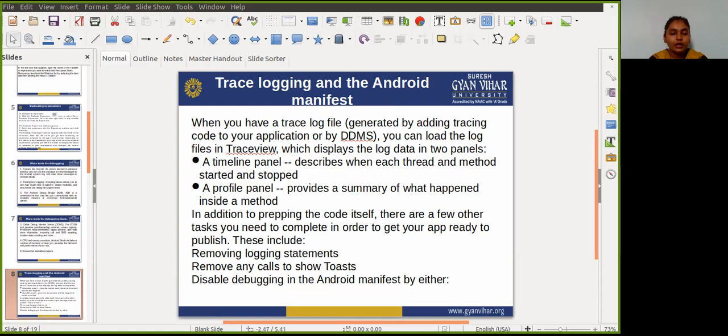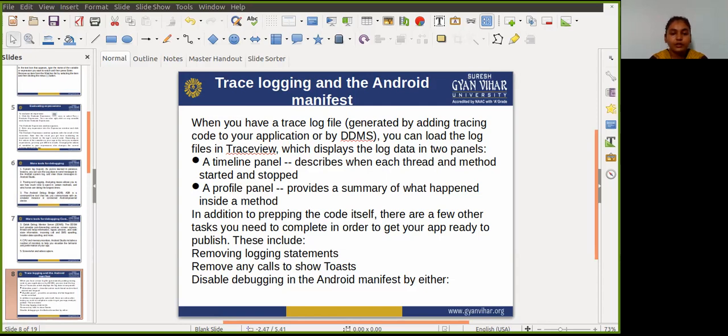To prepare your app for release, you must remove all the extra code in your source files that you wrote for testing purposes. In addition to cleaning up the code itself,